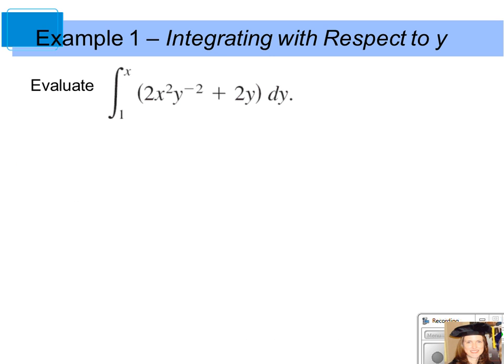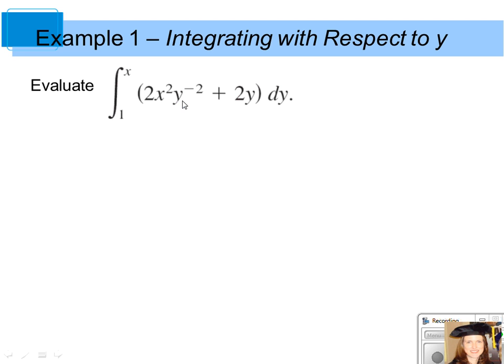region. Here's an example of a definite integral where we have the integral from 1 to x of the quantity 2x squared y to the negative 2 plus 2y dy. In this example, we're going to be integrating with respect to y. The differential on the outside here is dy. That means you're going to treat the y as the variable and treat x as a constant, and you're going